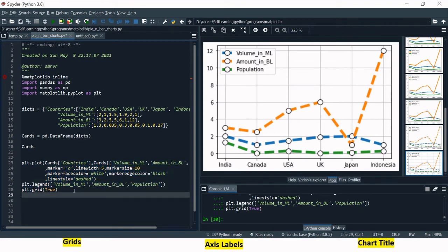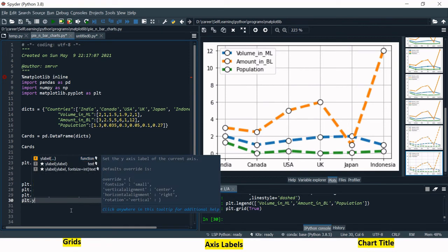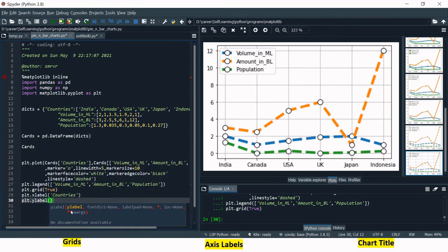Now let's see how we can add the x-axis and y-axis title. plt.xlabel, you just need to say xlabel. On the x label, what is it that you're showing? You're showing countries. So let me just put countries over here, and then I will put the y label. For the y label, what are the things which are available on the y axis? So we're just going to say values, right?